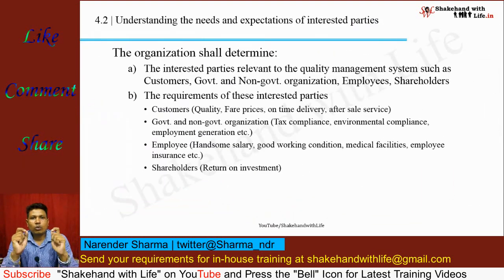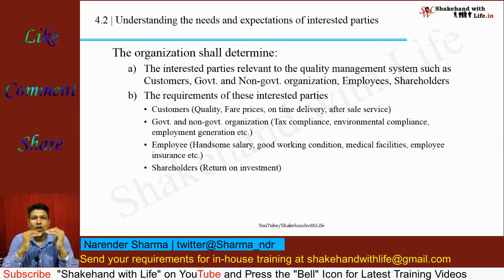Now come to clause number 4.2. It is about understanding the needs and expectations of interested parties. And to understand the needs and expectations of interested parties, first the organization shall determine the interested parties relevant to the quality management system, such as who the customers are, government and non-government organizations, what kind of employees it has to take to manufacture the product or deliver the services, and who the shareholders are,